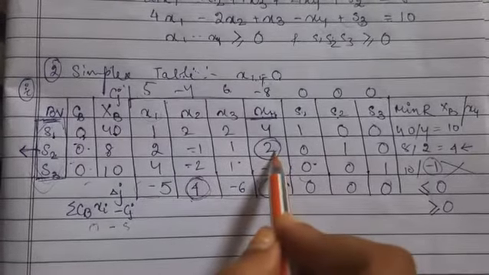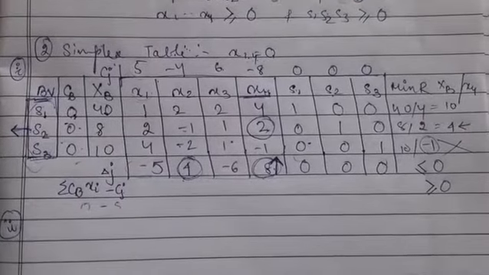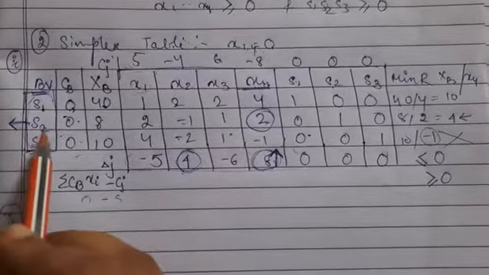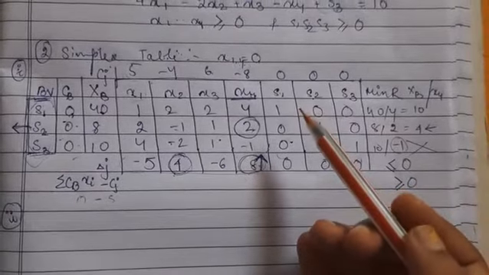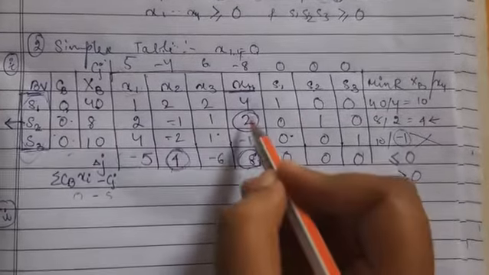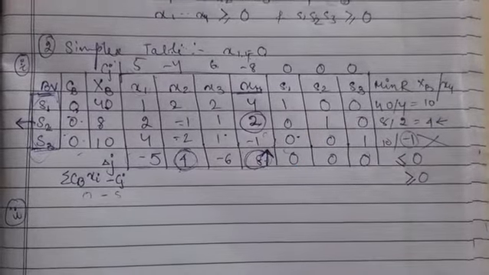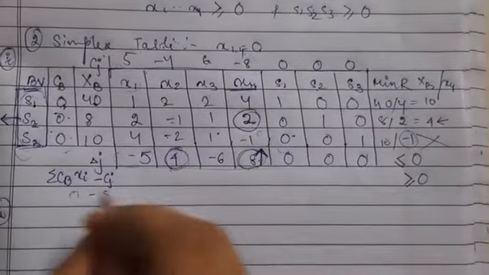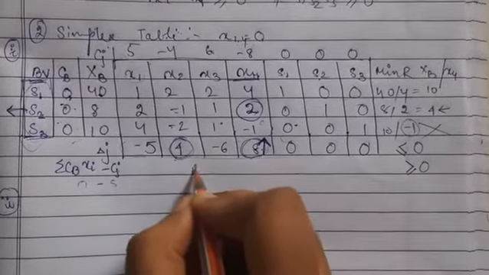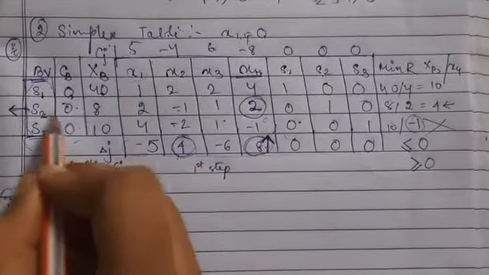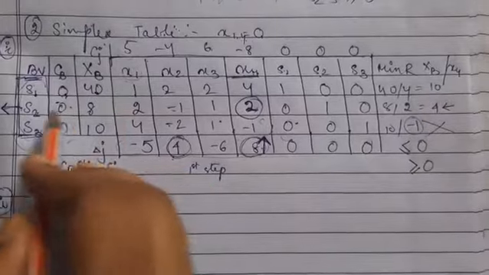Now what is the use of this pivot element? From iteration 1, when we write the second table for iteration 2, we need to follow some rules, that is the Gauss-Jordan row operations, so that I can make this pivot element 1 and the others zeros in this column. The Gauss-Jordan row operations start like this: the first step is for the pivot row, meaning the row in which our pivot element resides, or the row of the leaving variable.